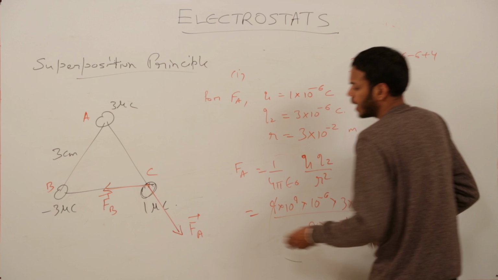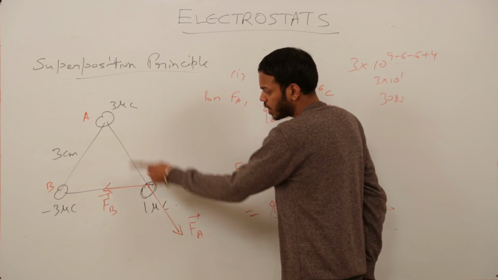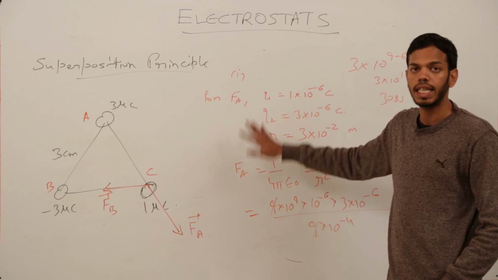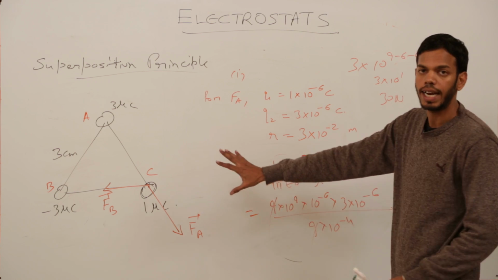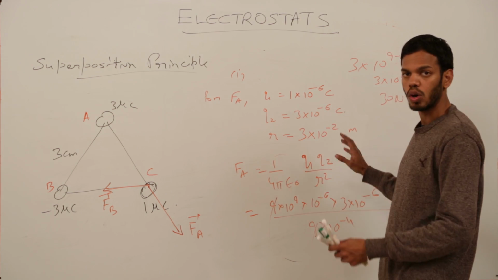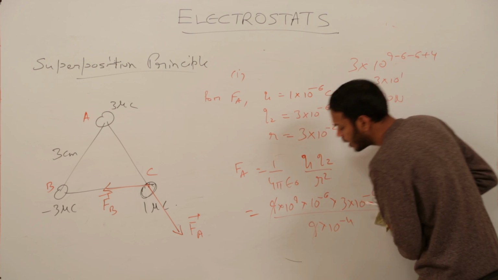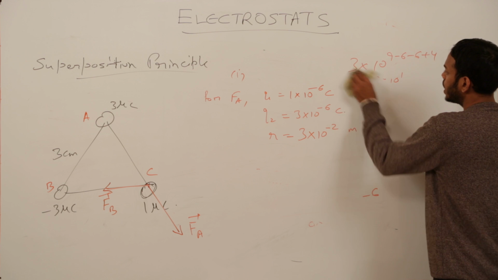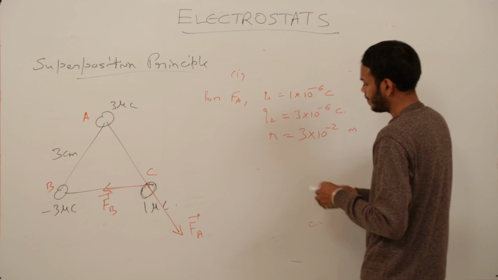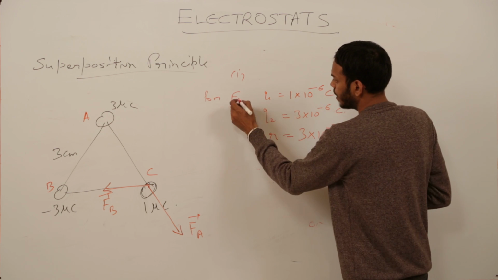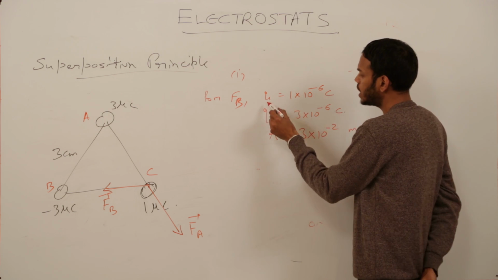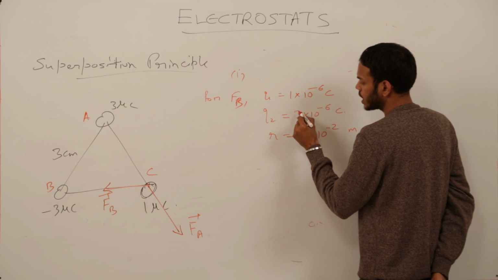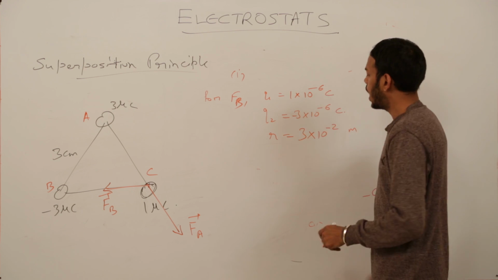Okay, the direction of Fa was represented very well in the diagram. So you are not supposed to write this in vector form. You have to just write the formula, give the value, that is all, nothing more in the numerical. While finding out FB, for FB, Q1 remains same, Q2 is minus 3 into 10 raised to power minus 6,